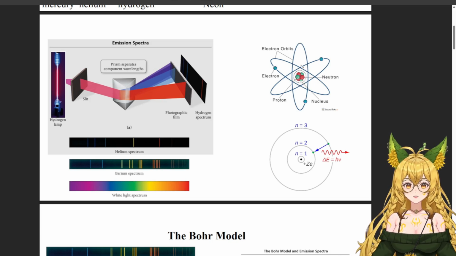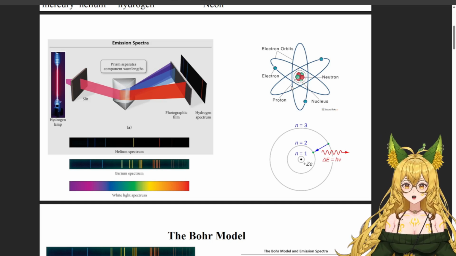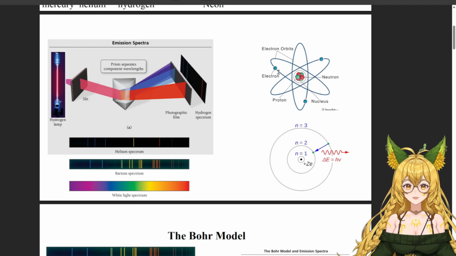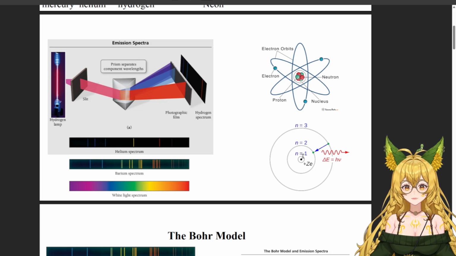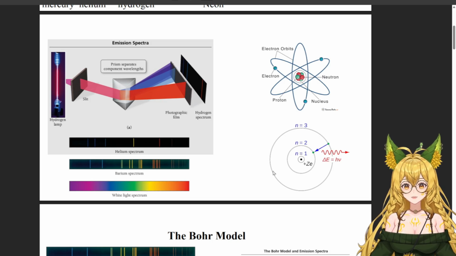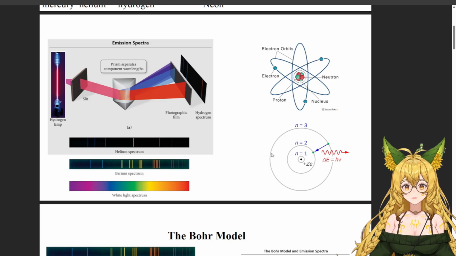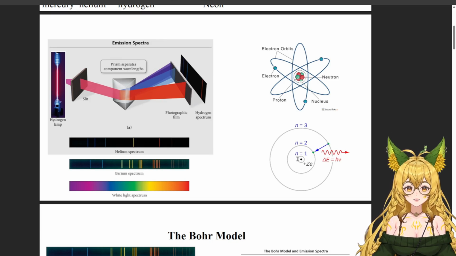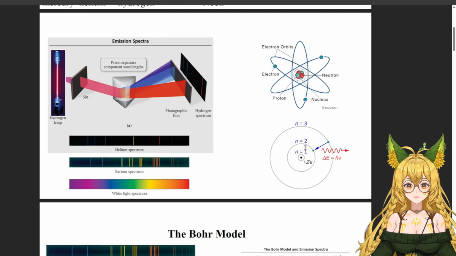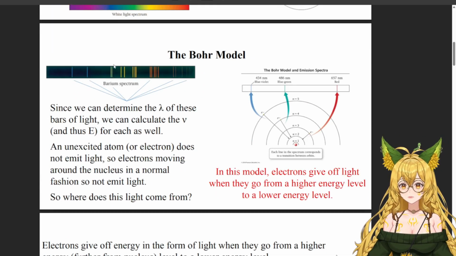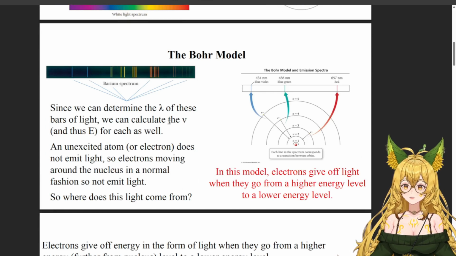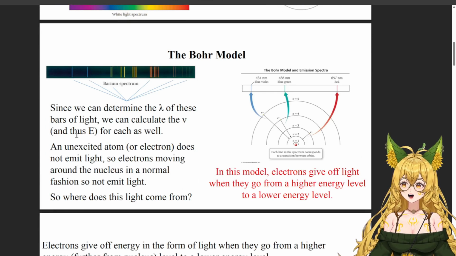And just as a reminder, this is normally what an atom looks like. We've got the nucleus in the center, then we have the electrons orbiting, and the electrons are actually not orbiting this nicely. We can't actually predict where they are. We just know that around this little dot, the nucleus, they're just somewhere in kind of like a shell. They're just somewhere in this sphere around the nucleus. And with these n numbers, we can actually use the Bohr model to determine the wavelength of these bars of light, or these little bands of light,